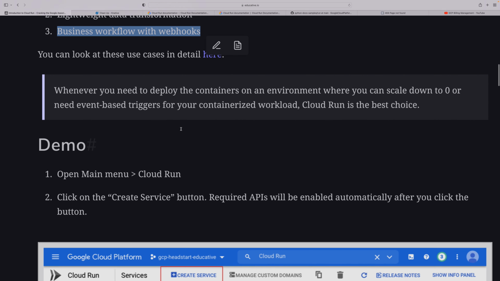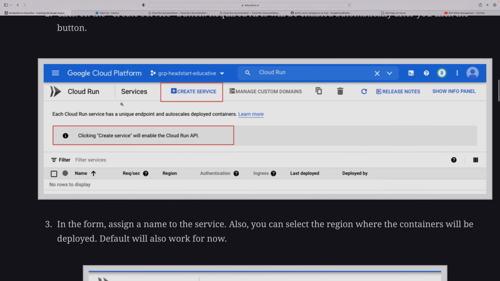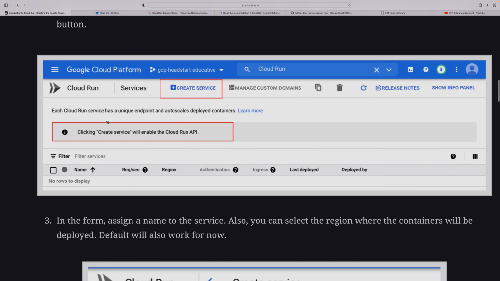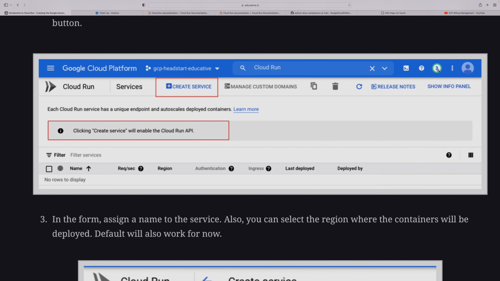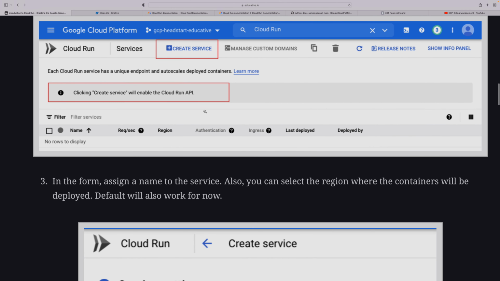So now we are going for a demo. I created an image here. In Google Cloud, you can search for Cloud Run, or from the left browser you can click on Cloud Run, and then you will see this kind of screen. Here Cloud Shell is running, there are release notes, create service, manage custom domain, and different kinds of things. Okay, once you click here,